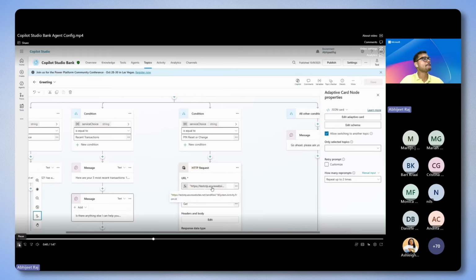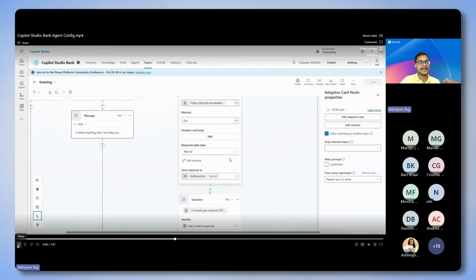Now, we also had a pin reset, pin change experience where we had to send a one-time password as a multi-factor authentication. So if you see, this is a sample database for a maker. This can be your own website inside your own database. And this system.activity.from.id contains the user's phone number, which you can use to actually orchestrate experiences across. And that request is made as an HTTP request. Once that is made, it gets the email ID, sends the